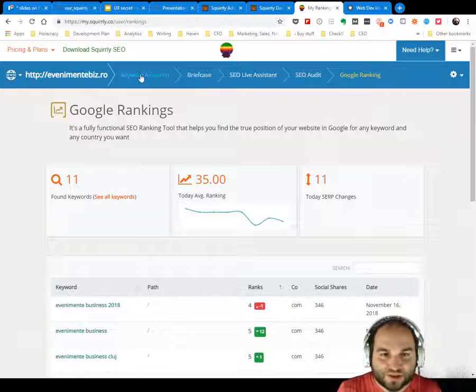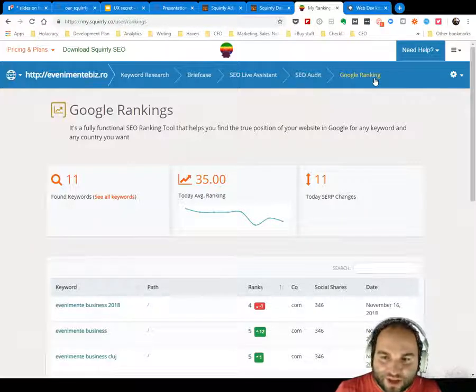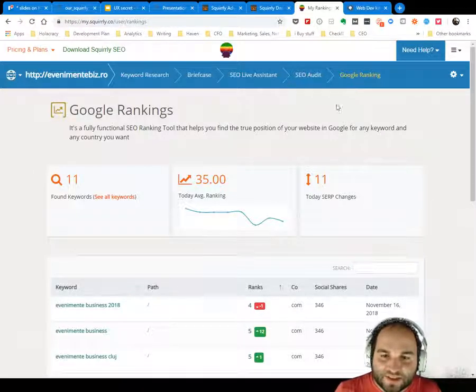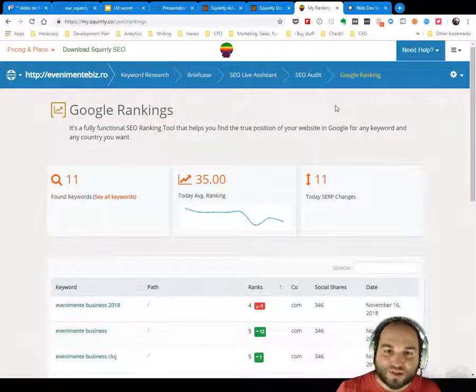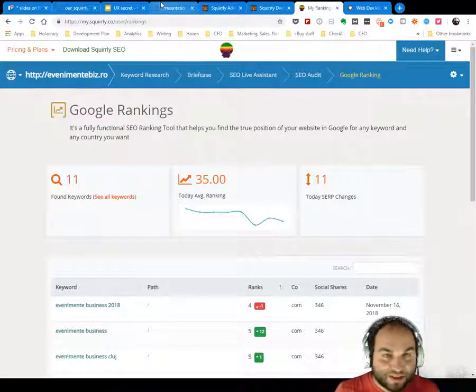I could do keyword research according to keywords from within Buffer's website. I could use the SEO Live Assistant. I could even use the SEO audit. And of course, if I have the business plan, which is a super big improvement that happened this year, I can even see their rankings on Google for a lot of keywords, and then I will always know how my competitors are performing on the web. So I can use all of the great stuff from Squirrly even on competitor websites or on client websites,